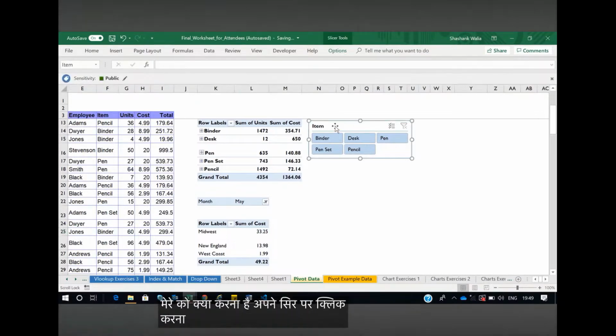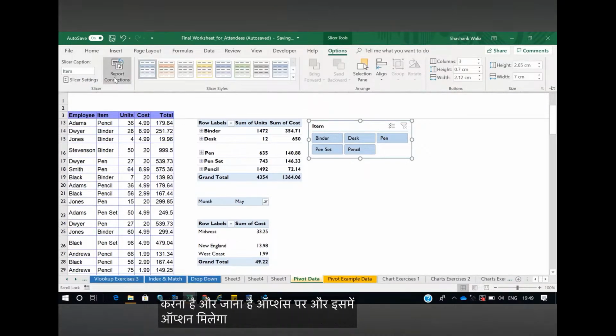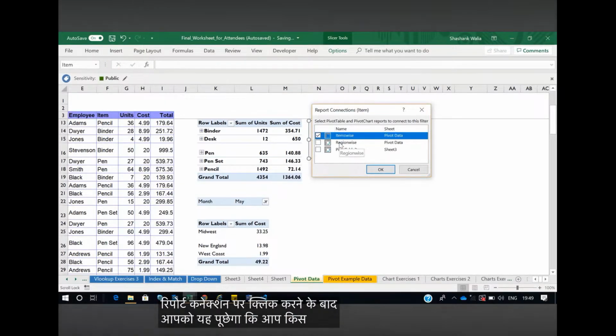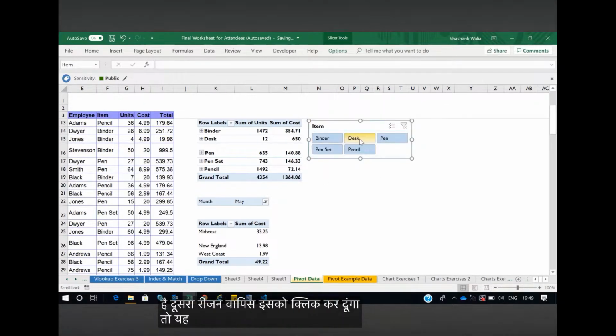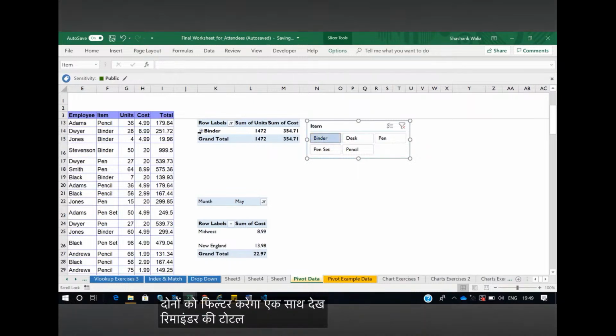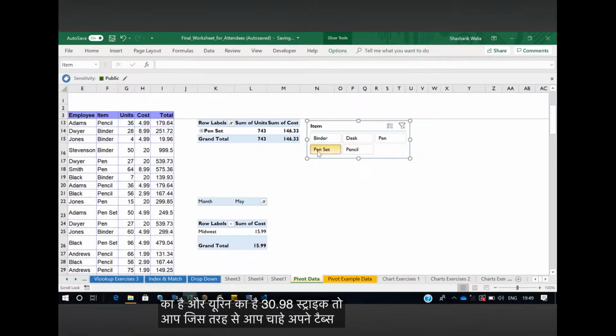अपने स्लाइसर पे क्लिक करना है और जाना है ऑप्शंस पे, और इसमें एक ऑप्शन मिलेगा आपको रिपोर्ट कनेक्शंस। तो रिपोर्ट कनेक्शंस पे क्लिक करने के बाद आपको ये पूछेगा कि आप किस किस पिवट टेबल को इसके साथ कनेक्ट करना चाहते हैं। तो मैं चाहता हूँ, एक तो ऑलरेडी आइटम वाइज सिलेक्टेड है, दूसरा रीजन वाइज, इसको मैं क्लिक कर दूंगा। तो जैसे ही मैं इसको क्लिक करूँगा तो ये दोनों को फिल्टर करेगा एक साथ। देख सकते हैं कि बाइंडर की टोटल जो परचेज हुई थी 1472, उसमें से जो टोटल कॉस्ट है 8.99 मिड वेस्ट का है और न्यू इंग्लैंड का है 13.98, राइट। तो जिस तरह से आप चाहें अपने पिवट टेबल्स को कस्टमाइज कर